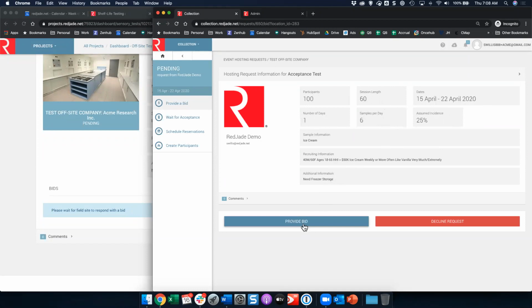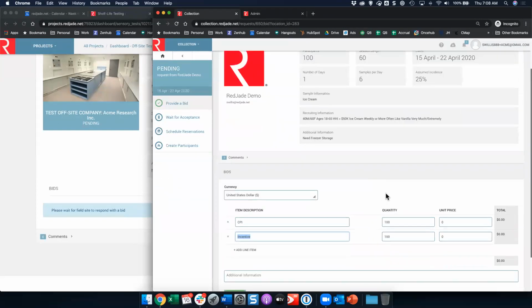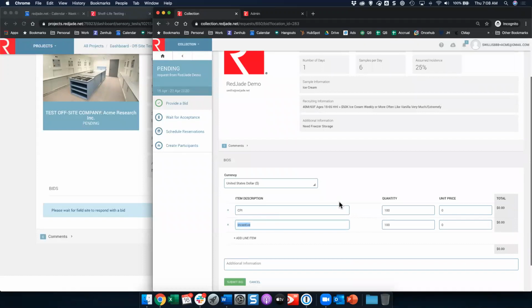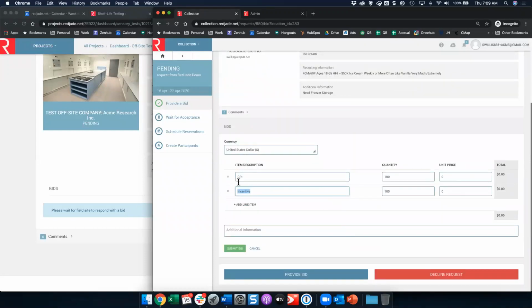Now, just to be clear, some people use the bidding process in RedJade, others bid outside of RedJade. That is completely up to you. This is only visible to your 2 companies, but it's up to you. So you can just provide a bid and just put $0 in here. You do have to put something, or you'll notice that we actually put a CPI and an incentive by default here, right? So let's say your CPI is 100 and you have a $50